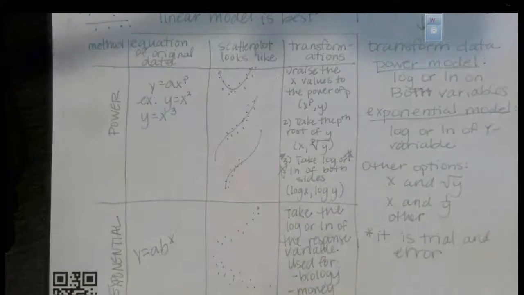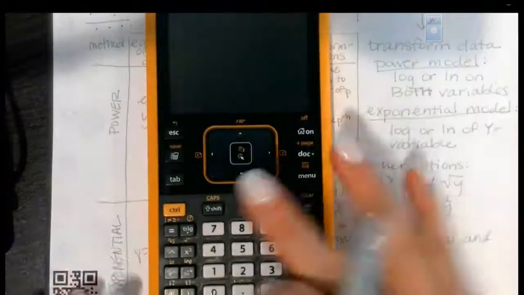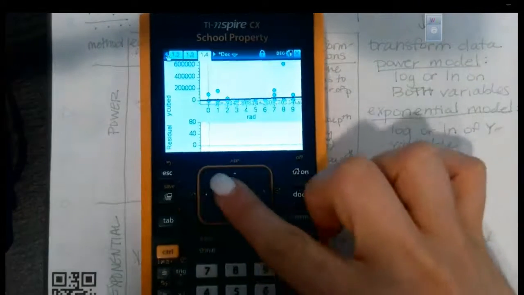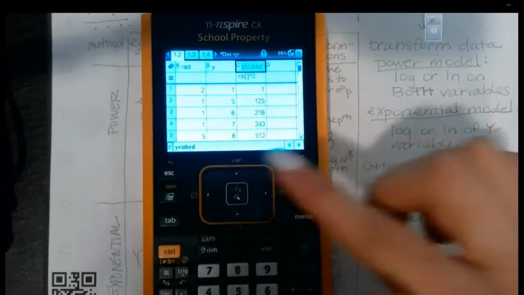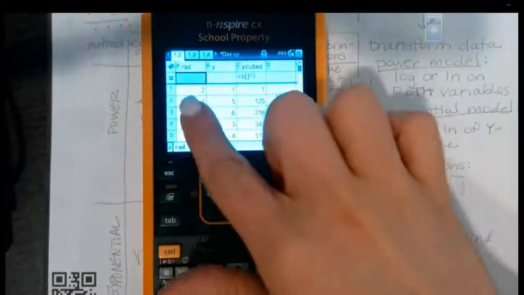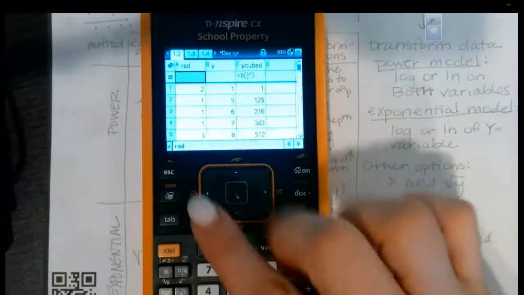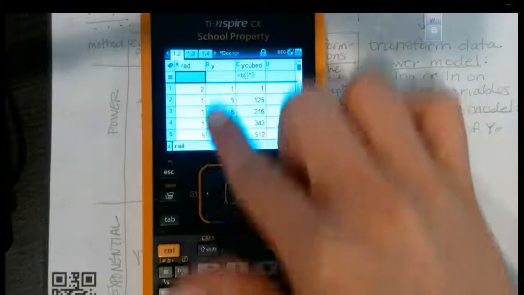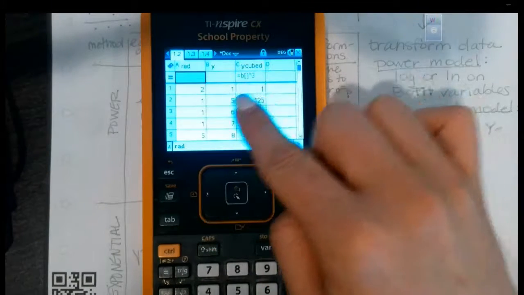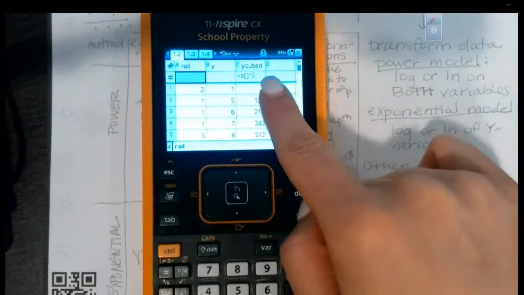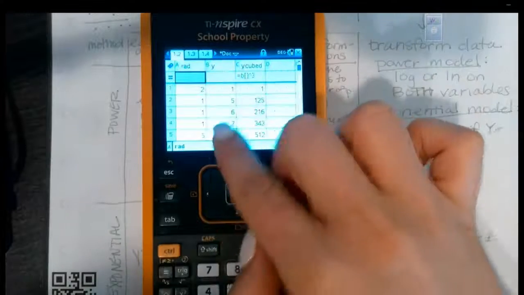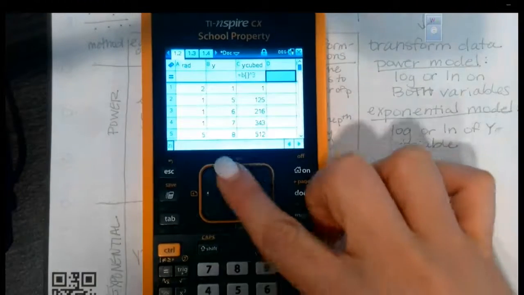And I did want to show y'all on the calculator what it looks like whenever you go in and want to transform your data. So if you have an x and a y, it doesn't really matter what it says on here. But let's say that you want to just transform your y values, then you could do whatever your column is. You type in the equal bar, which is the second row here, b, and then your closed brackets to show that you want the b column, and then raise it to the cube power. Now if you wanted to take the natural log of each side,